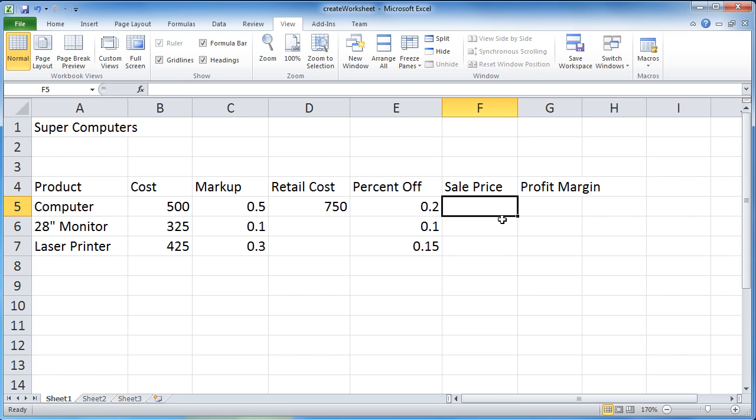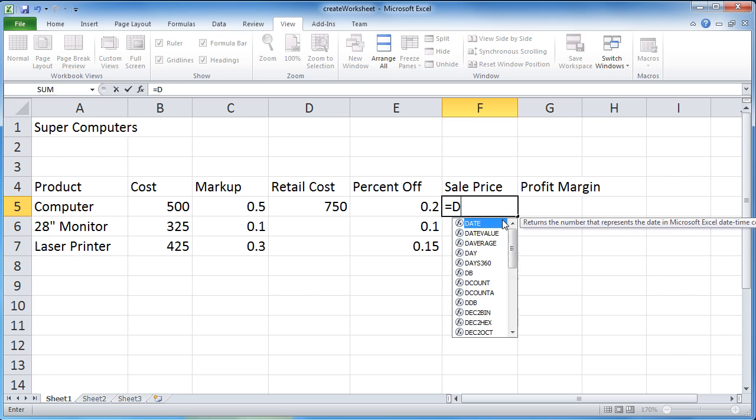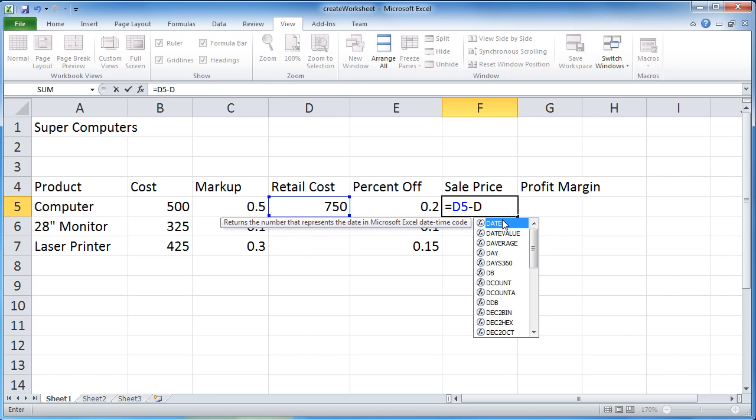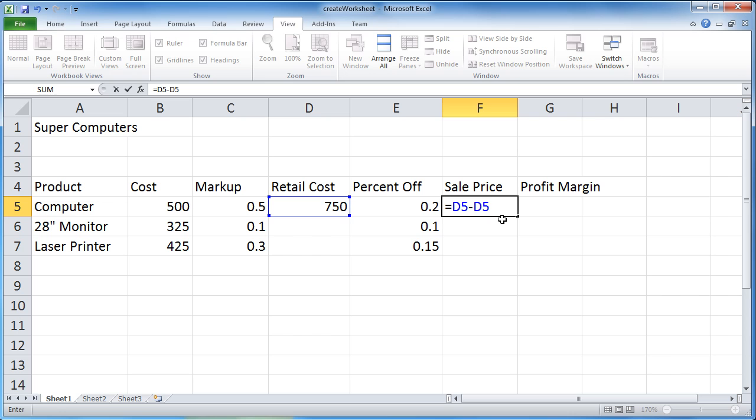So I'm going to say equal D5 minus D5 times E5. And that should compute for me the sale price of that computer. Again, I just took the retail cost and subtracted from the retail cost times the percent off.